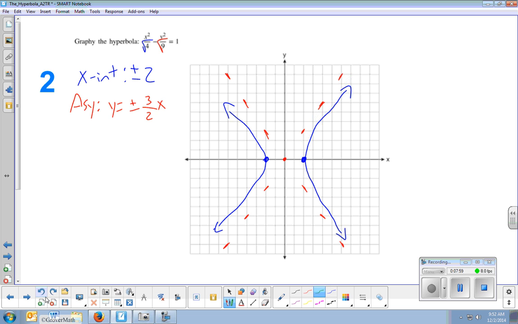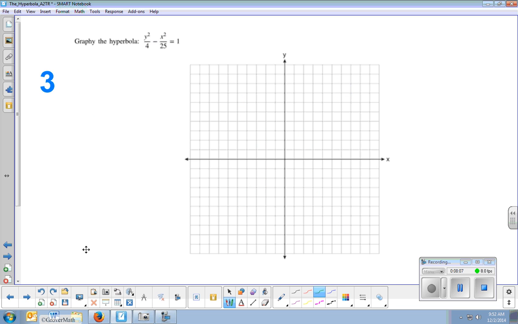We usually don't graph these very often. You have to kind of know what it looks like and know how to get this information. That's really the key. All right, let's do one more graph. Let's do the other type. So this one has a lead of y squared, and so it's going to have a y-intercept, not an x-intercept. And the number below y,